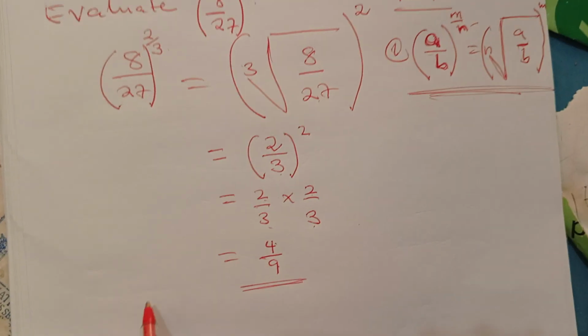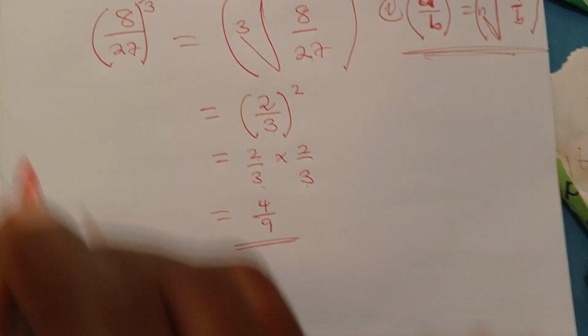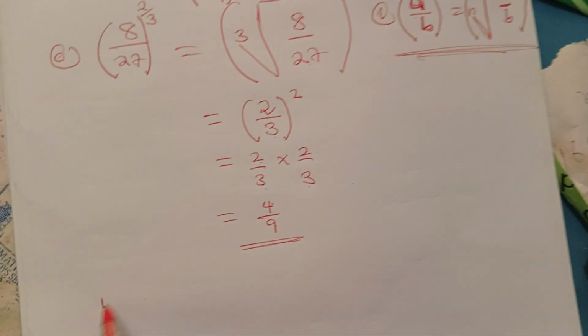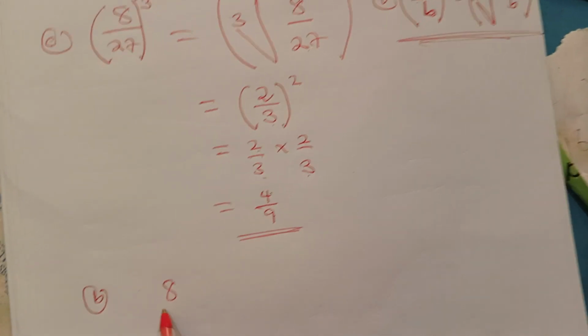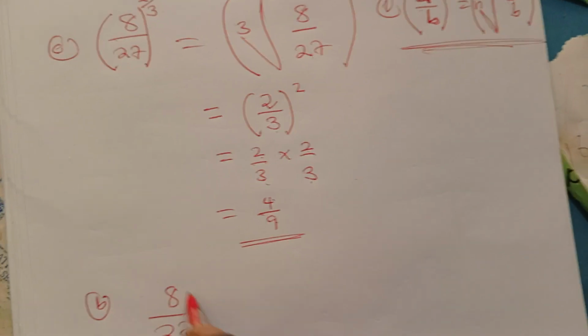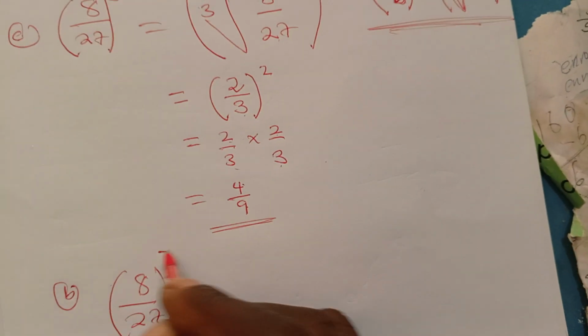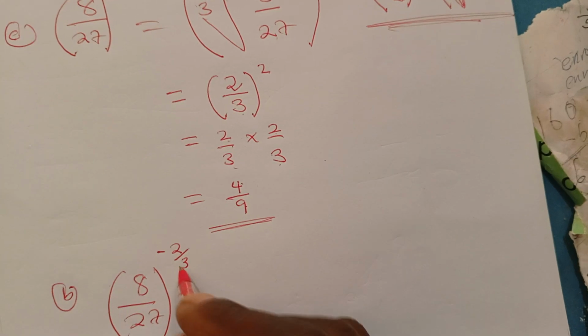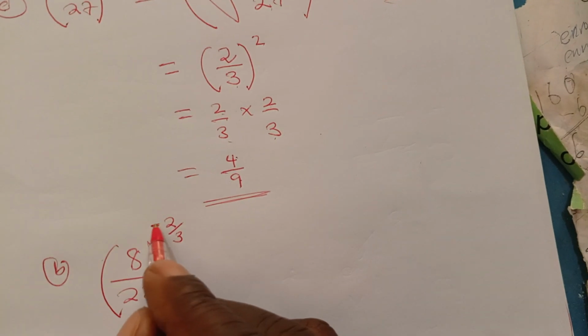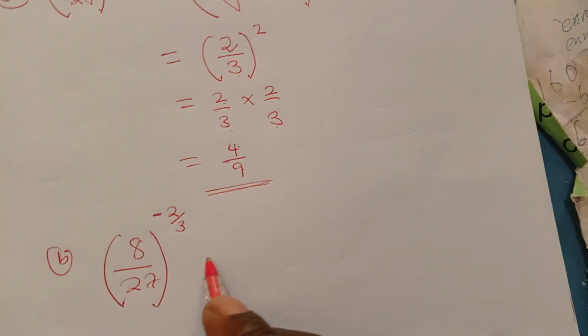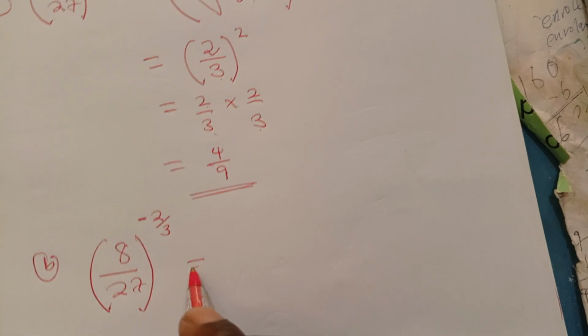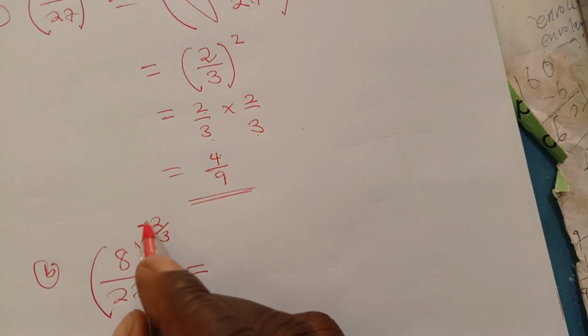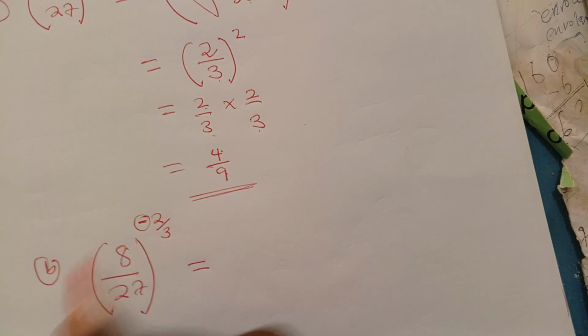Now, in an event that the same question, if this is my a over b, they say evaluate, then they put a question like this. They say to the power negative 2 over 3. I've now introduced the negative. How do we do it? The first thing is, I don't want this negative. So for me to remove this negative,